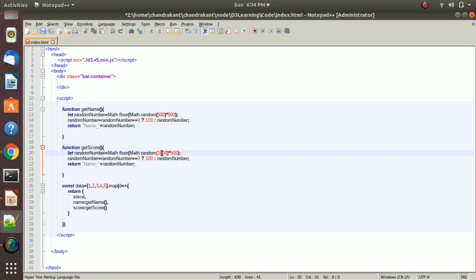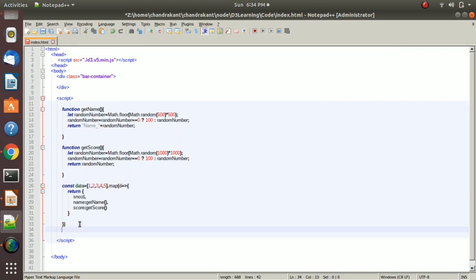Here I just want to get a number between 0 and 1000, so I want random numbers. So here we have done that, it will create the 5 records that contain the serial number, names and score.